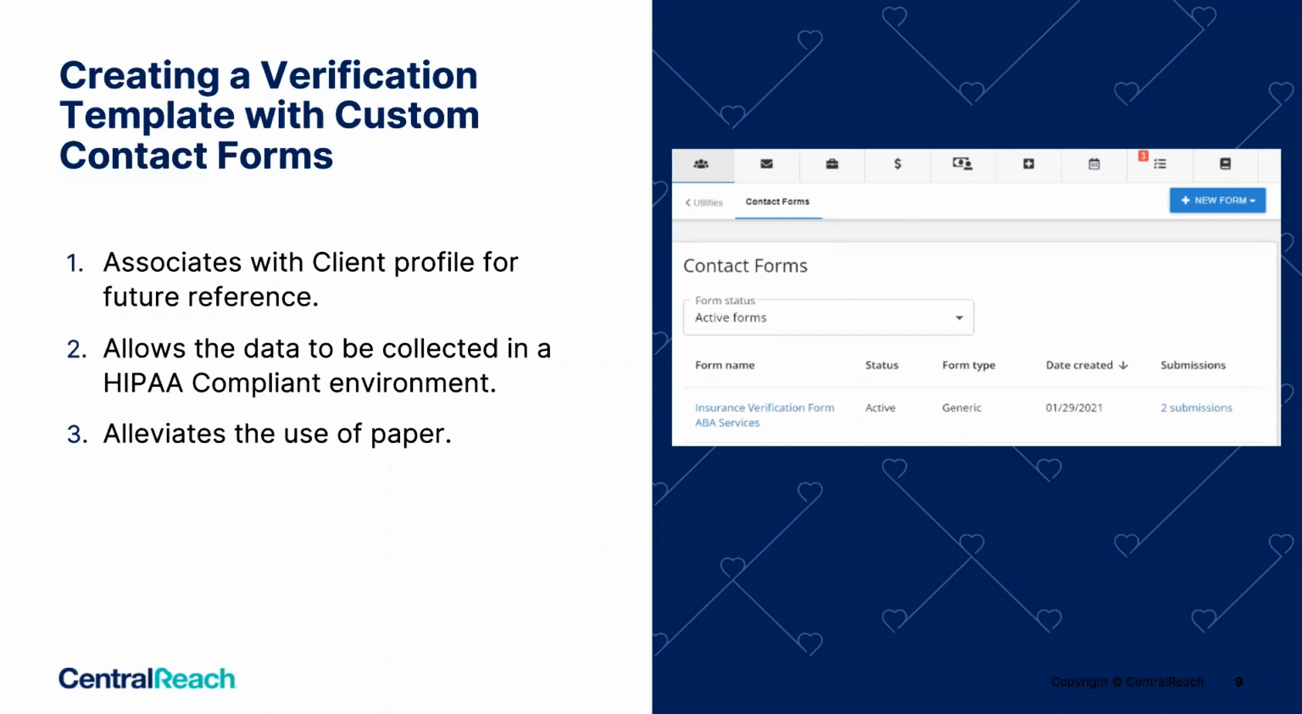We have resources at the CentralReach side to help you devise what that looks like, how to insert information if you're not familiar, and how to build a custom contact form. But this is just to give you some idea of how customizable it is. And what's so great about creating a custom contact form is that it's also serving a dual purpose. It allows you to collect the data in a HIPAA compliant environment,